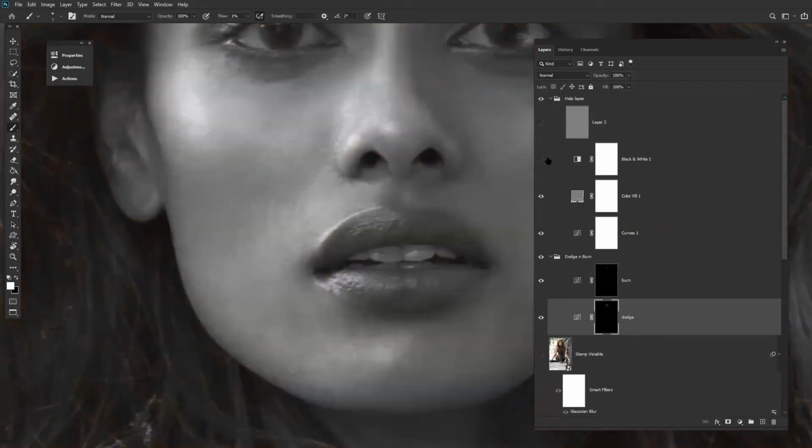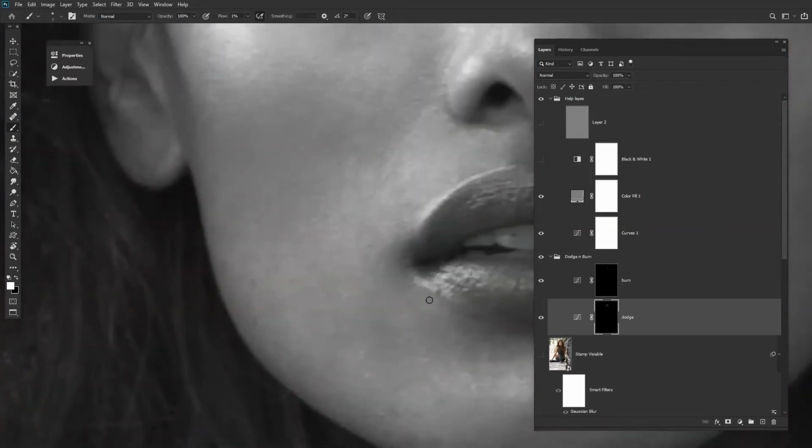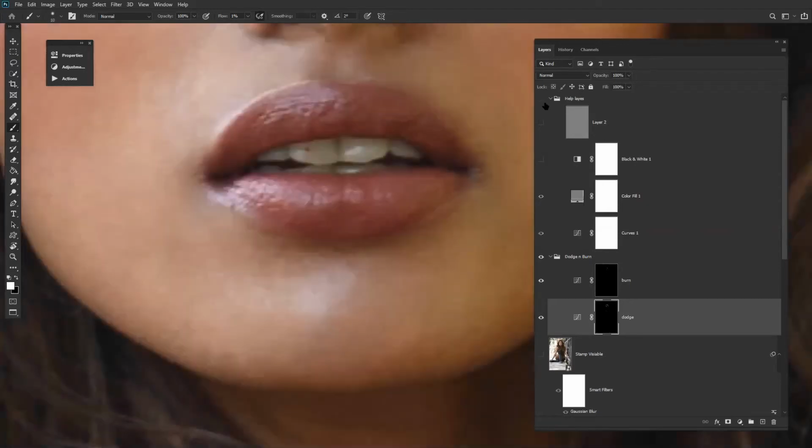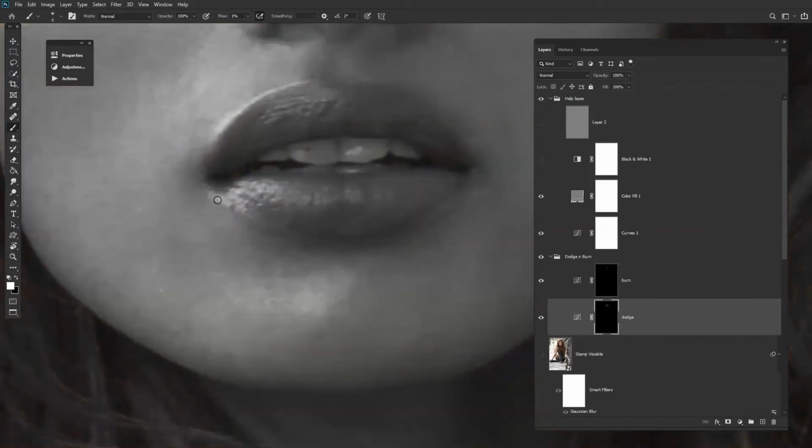Okay, fine. So here I have a little area to dodge. Now see, like you asked the question, here is an area where I can burn to match it properly. The lip area, downward lip area.